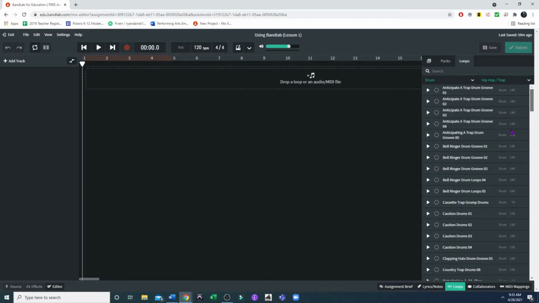So what I can do from here is if I want to hear what one of these loops sound like, I can click on the play button next to the loop. When I want to stop hearing the sound, I will click the pause button, and that stops my loop from playing. So if I decide this is the loop that I want to use, all I have to do is left click and hold it and drag it